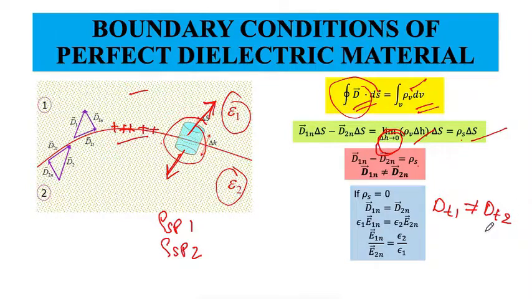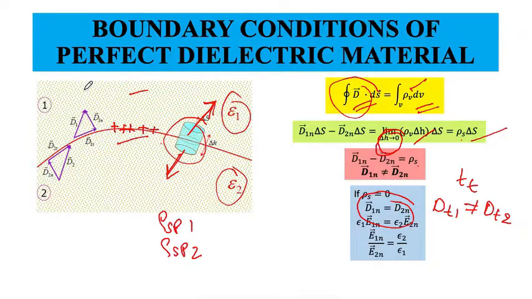Okay, and if you take the total D field, only the normal component of the field would be equal, and the tangential component would not be equal. That is very crucial. Across the boundary the tangential component could be different. So let us say that these are the tangential components D tan 1 and D tan 2, whereas the normal components would be equal.